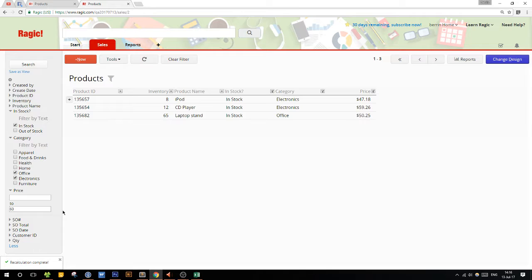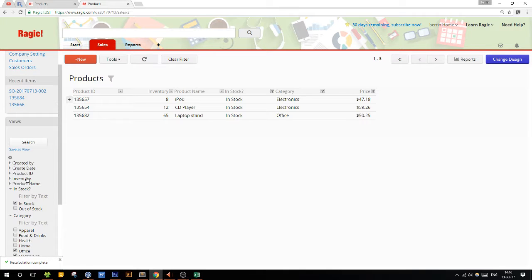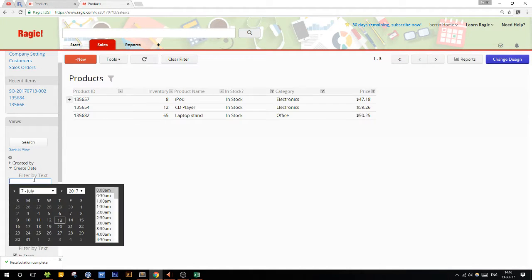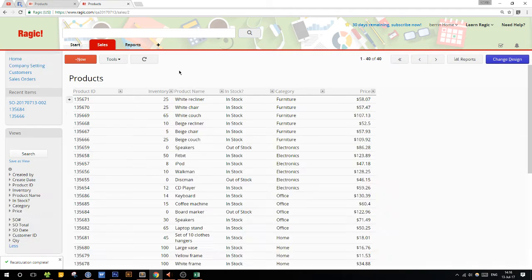You can see that there are many options, and everything has its own options. For example, if it's a numeric field, it will give me a range. If it's a date field, it will also give me a range. You can actually select dates, which makes things easier. That's basically how to use this. You can also save those searches that you make from the left side. For example, if I wanted to search for all items that are in stock,